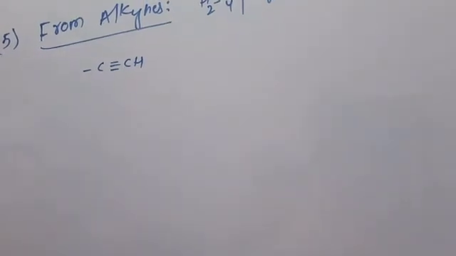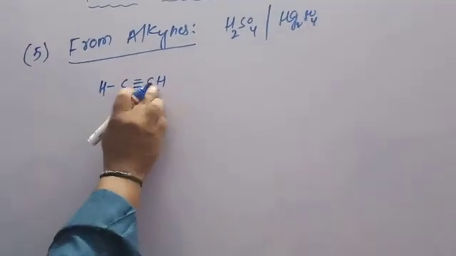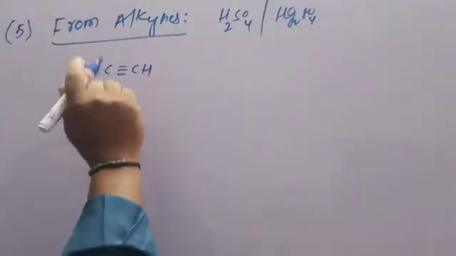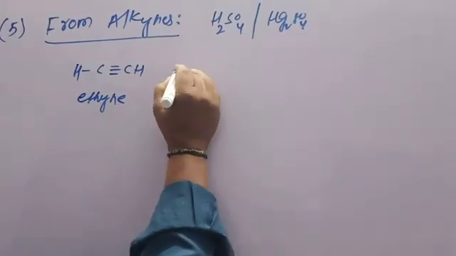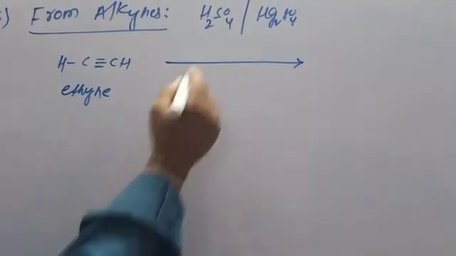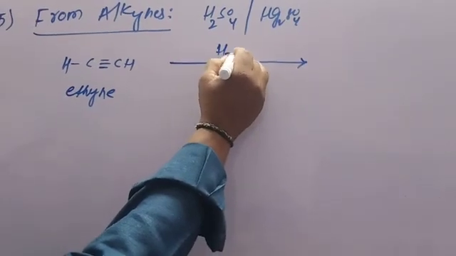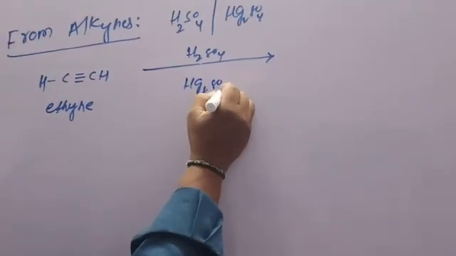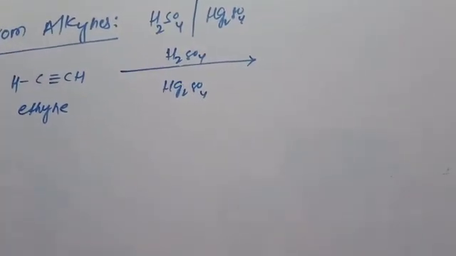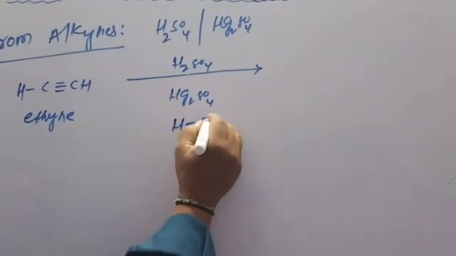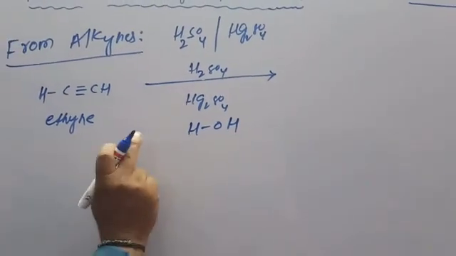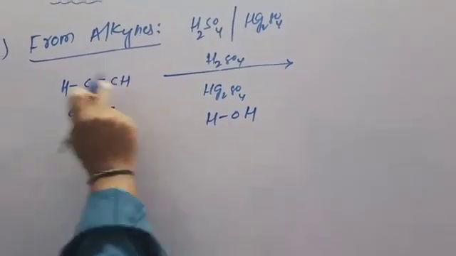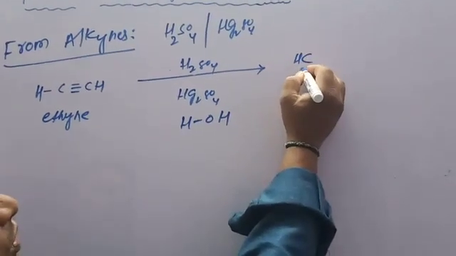So for example, let us consider C2H2, it is ethyne. Ethyne is the alkyne. So then from alkynes, this reaction undergoes in the presence of H2SO4 and HgSO4. So then addition of water means HOH. So this hydrogen adds to this carbon, this OH group adds to this carbon, then the obtained compound is